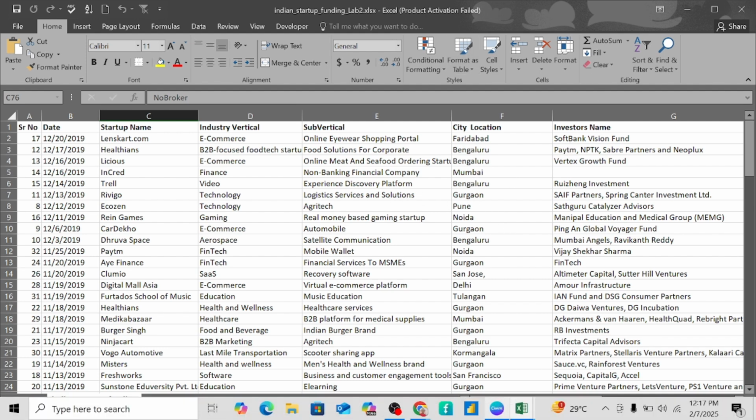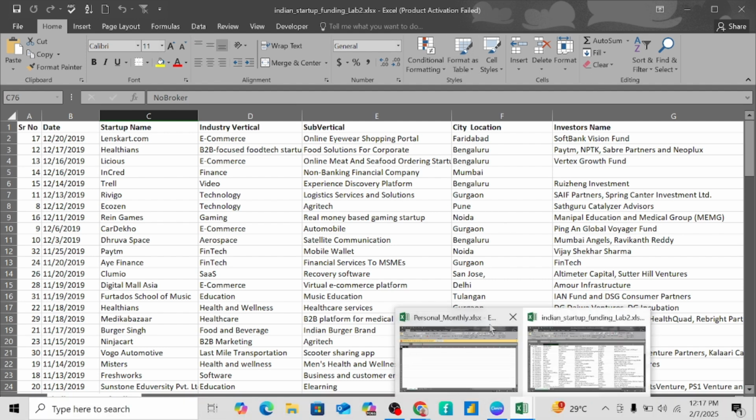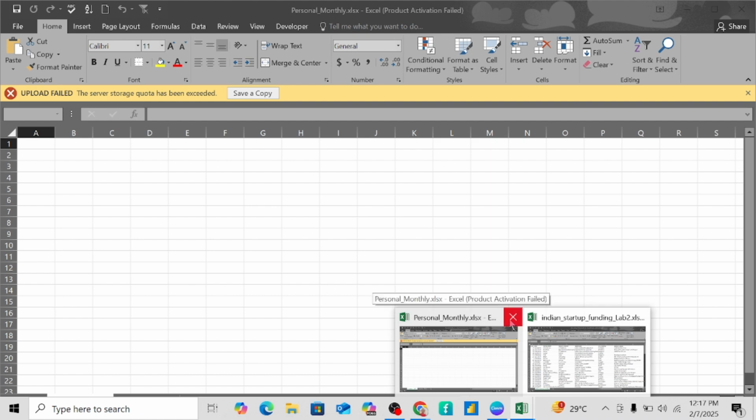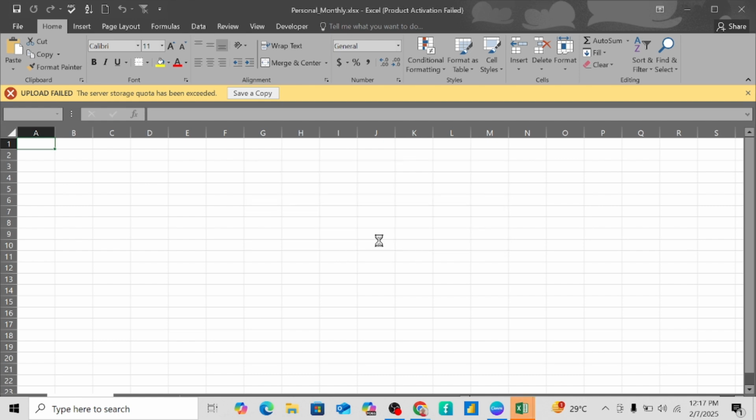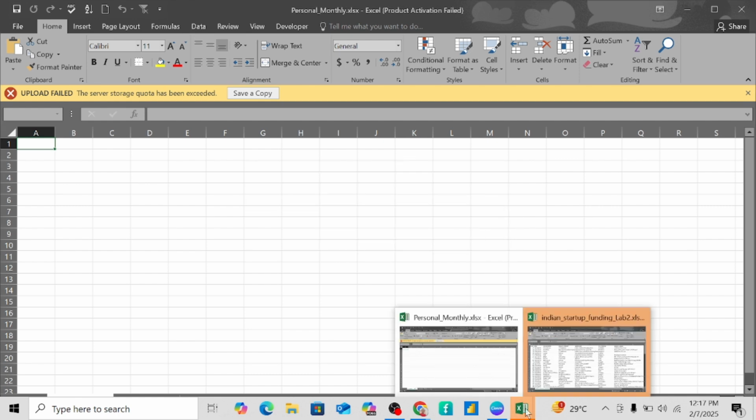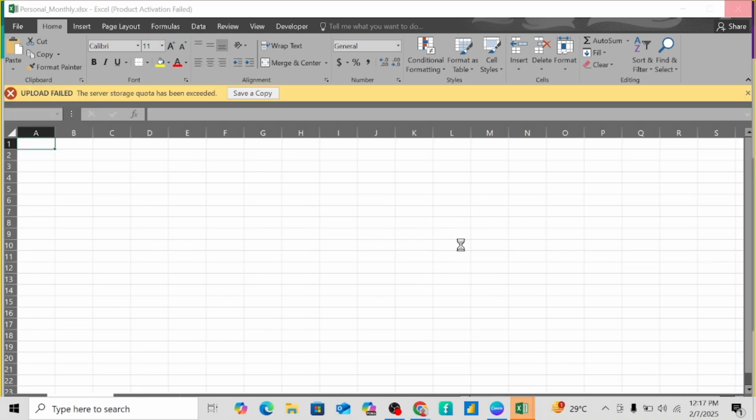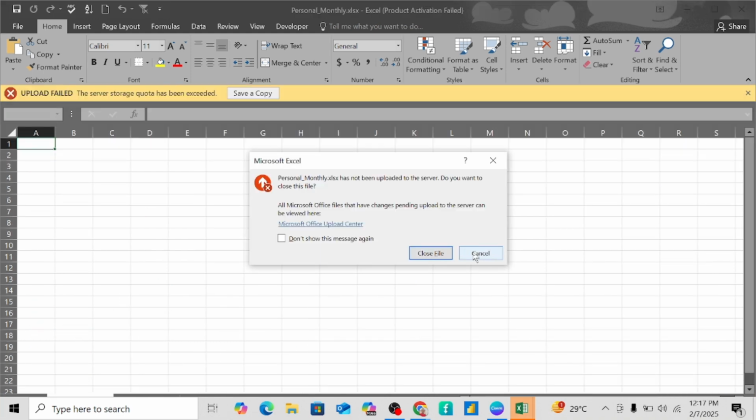So let me see if I'll close this one. Then, should I save it? There's nothing done here, so nothing to save. So okay. So because this is an imported